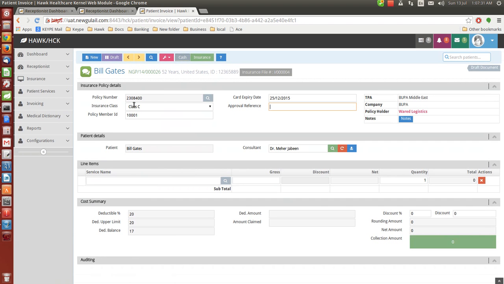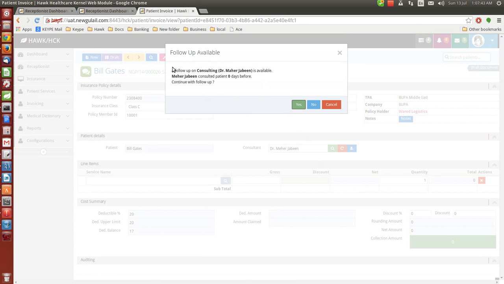You don't have to type anything now. The policy number is set, insurance class is set, everything is there. All you have to do is click this button, right? You click the button, and it will notify you that there's a follow-up service available. You want to do it as a follow-up or a regular. Okay,